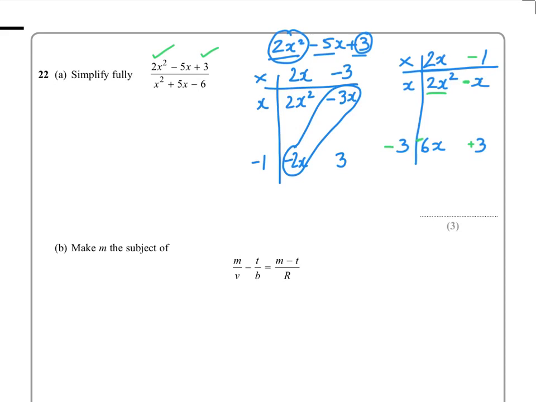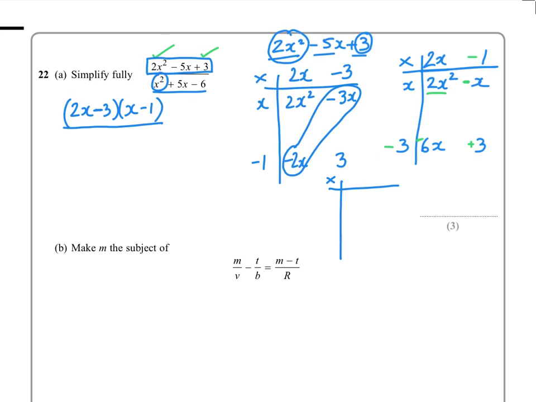So the top numerator is going to be 2x minus 3 times x minus 1. And just adding here, there are plenty of methods of doing this, and I'm not going to go into all the methods here. So let's look at the denominator now. So again, we'll look at a little grid, and we'll say we've got to try and get an x squared, so an x in both, and then we want to get negative 6. So let's try putting, say, 6 and 1. Let's just give it a try. Fill out the grid,